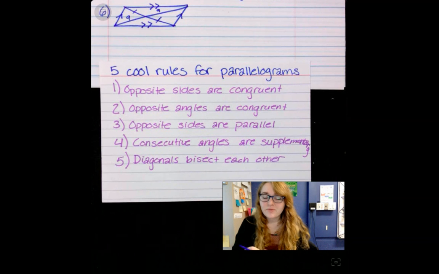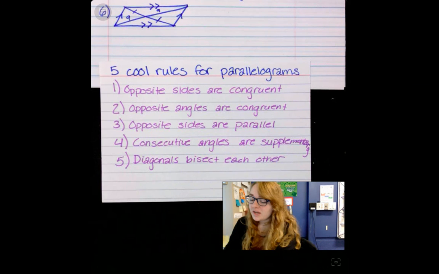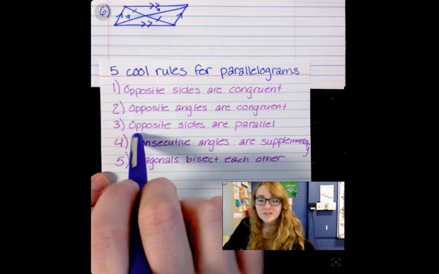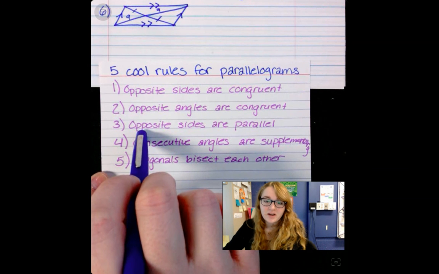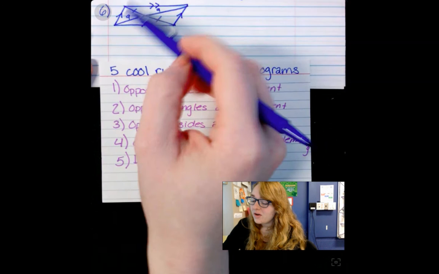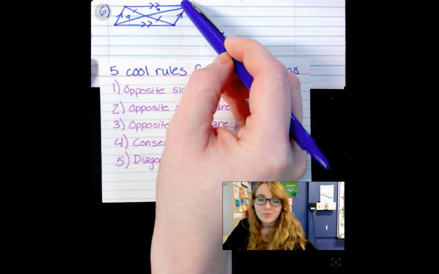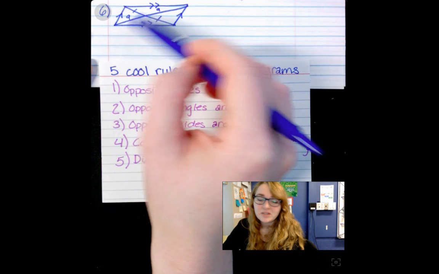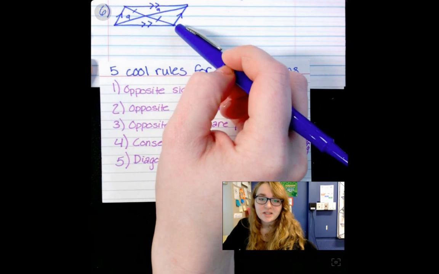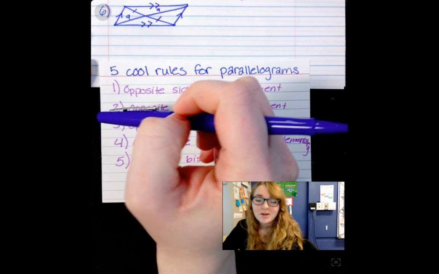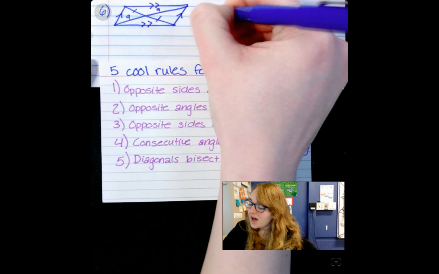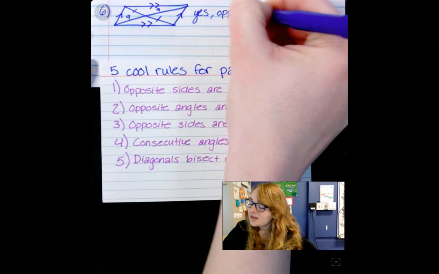And then our final example for today, we have lots of information here. We see the parallel markings on our opposite sides. So we know that our opposite sides are parallel, or our sides that aren't touching are parallel. And we have some diagonals, and we can see that they do bisect each other. Okay, on this diagonal that is going up and to the right, both halves are equal to 9 units long, which means that they are equal to each other, or congruent. And then the diagonal going down and to the right, they both have 1 tick mark, meaning that they are also congruent. So yes, we have opposite sides parallel